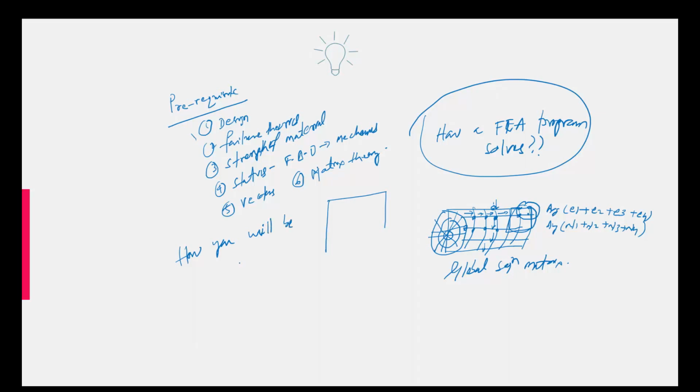How will you be using the FEA program? This is the question in your mind. A basic step in applying finite element analysis is the construction of a model that breaks a structure into simple standard shapes or elements, or you can say a discretized sequence of elements, that I have already shown here. This is done by discretizing. The first principle is discretization.